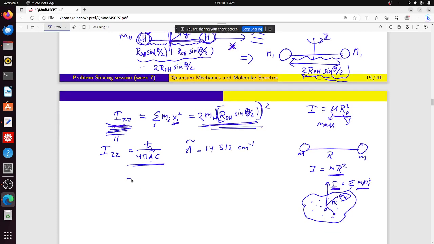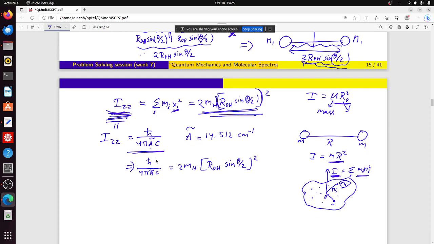Let me calculate this quickly. So this will give me h cross over 4 pi A tilde C equal to 2 m_H (R_OH sin theta over 2) whole square. So h cross is known, 4 pi you know, A tilde is given, C is the speed of light, mass of hydrogen you know. What is unknown here is R_OH, theta also you know. So if you solve this,